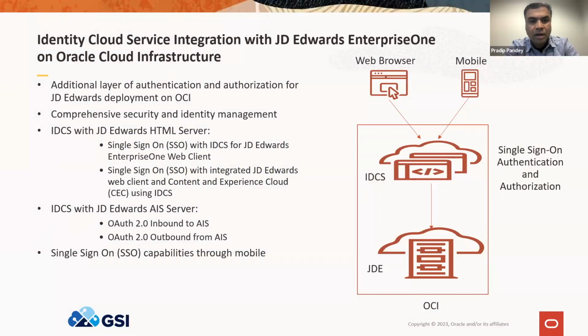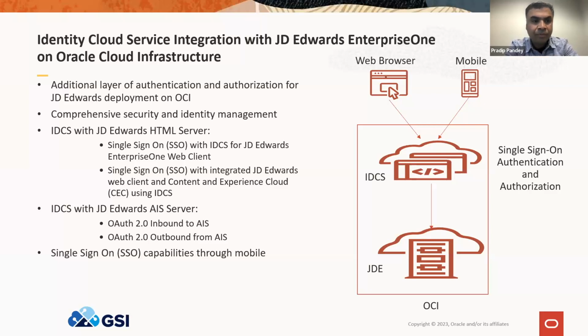Single sign-on is also integrated with Oracle Content Experience Cloud Service with the web client, so you can review the media objects stored in the Content Experience Cloud once you have logged into the web client